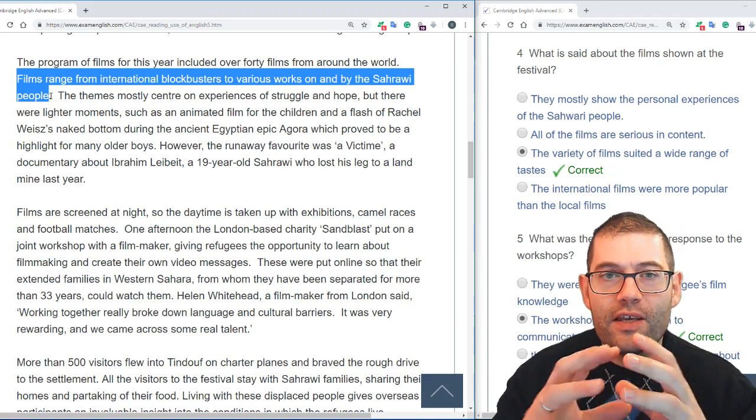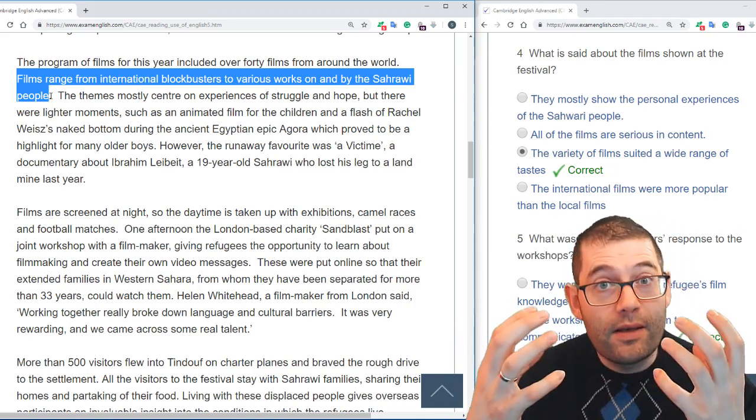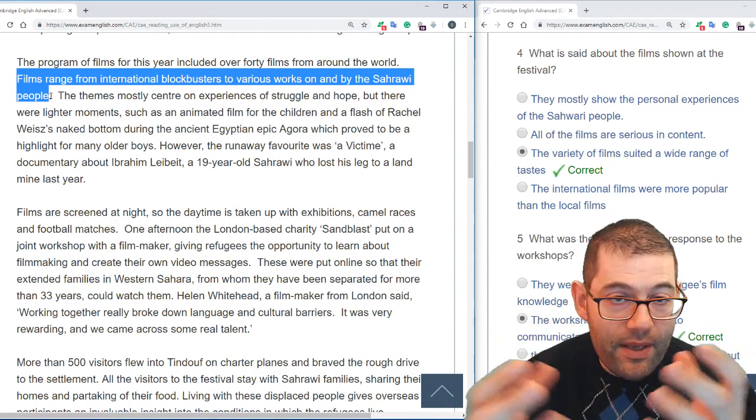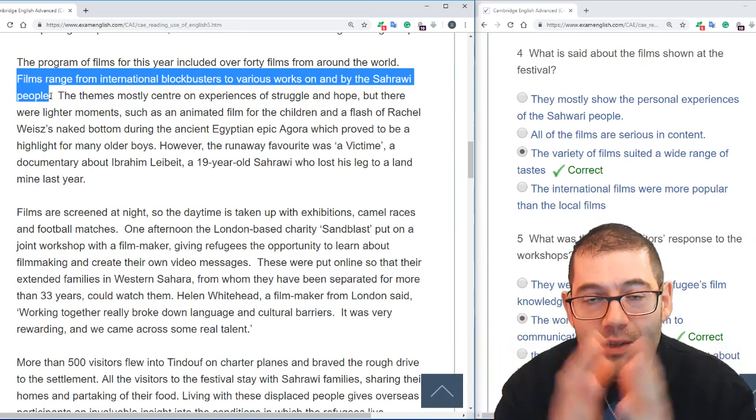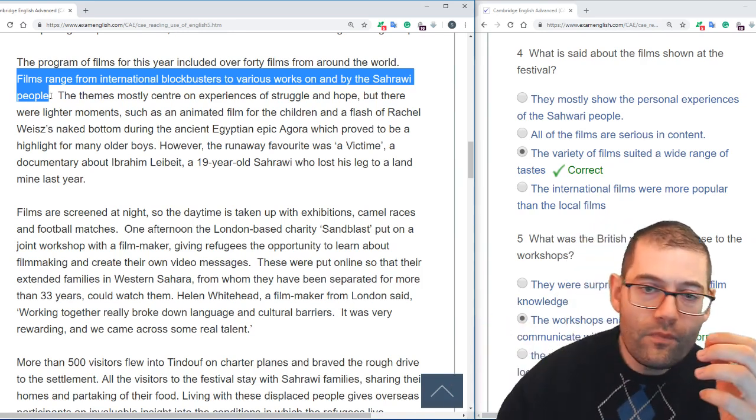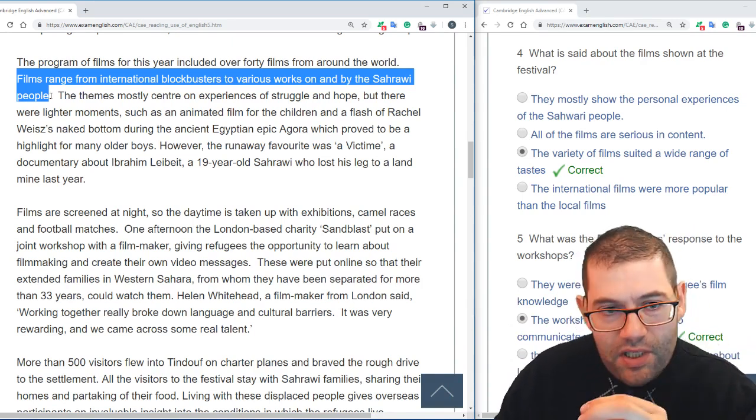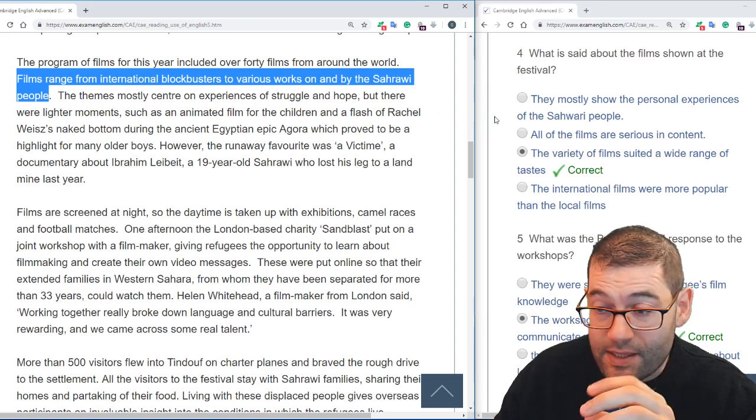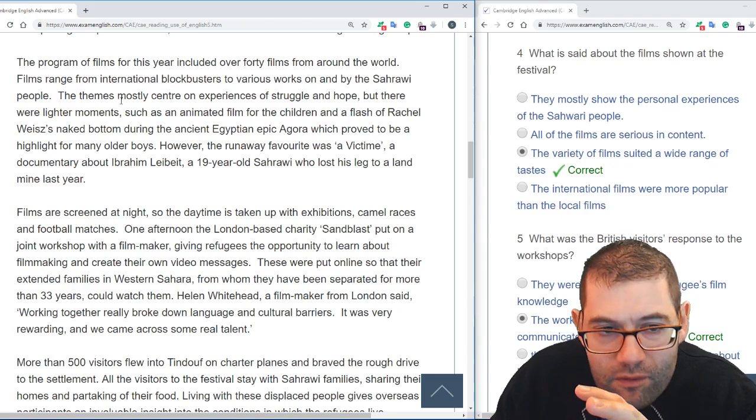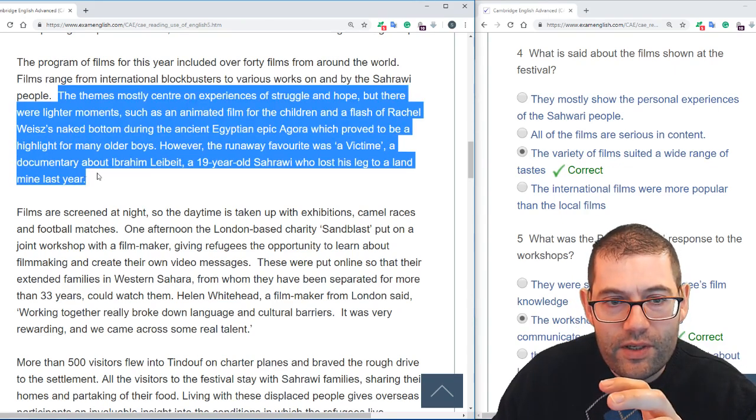So you've got two things which suggest range, and that range gives us our variety. The idea being, if you've got a range of things, then they're not all the same thing looking at the same topic. So that's the vocabulary that points towards the answer C, the variety of films suited a wide range of tastes. You've got a development of this in the rest of the paragraph, which talks about